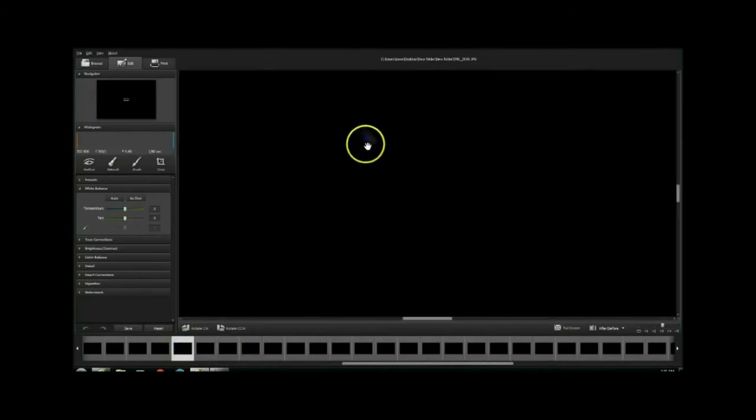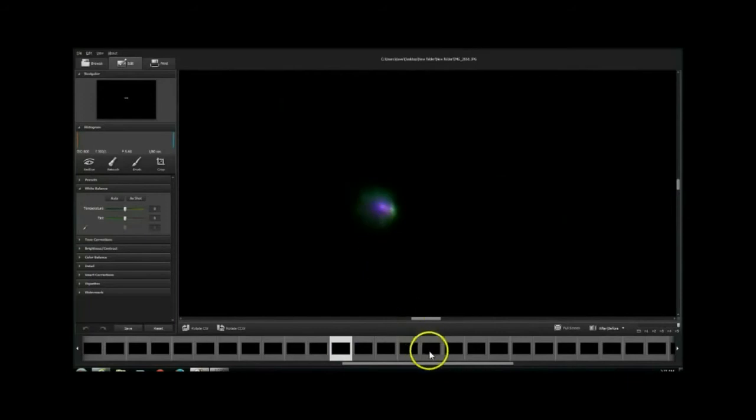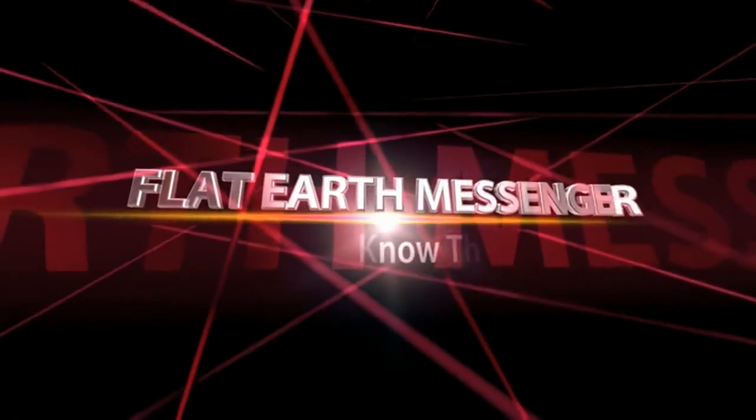I'm trying not to lose my patience, but you can see that it's flashing. I took these back to back to back, and you can see it's a flashing projector. Alright. There's no doubt about that. Let's keep going. There is no doubt about that. I have ample proof and evidence that that is what it is, and I have told you that for years now. The moon is a projection. And it's being projected from this thing. And I'm calling it the satellite Dave J, because nobody. Ye shall know thy truth,